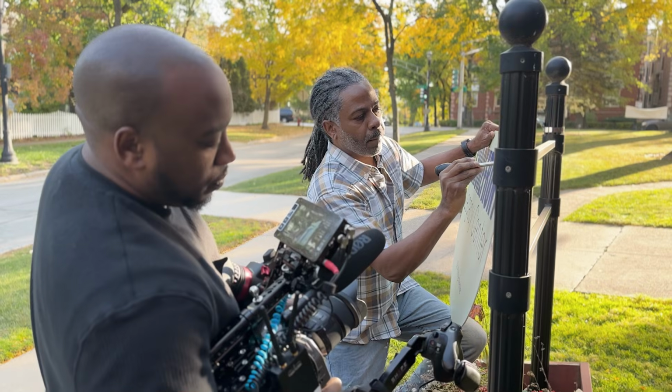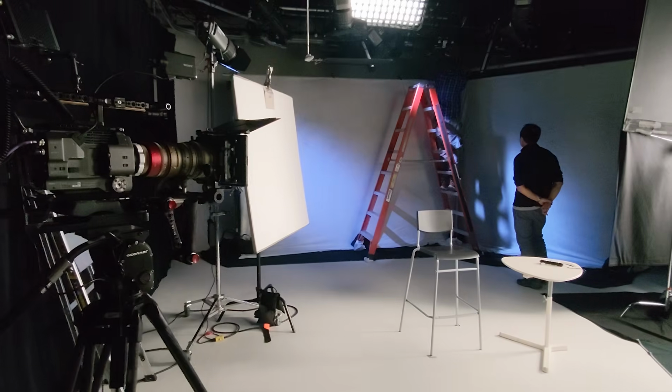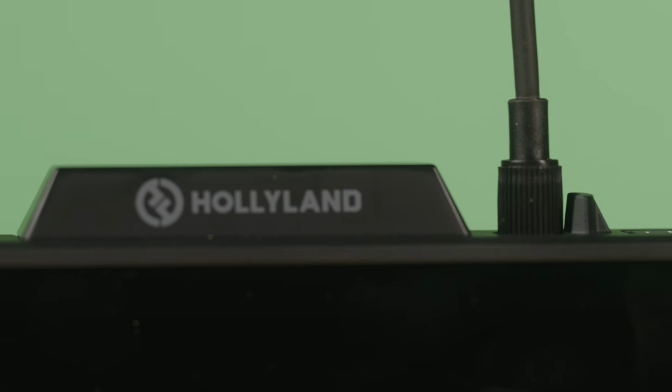Here's where the Hollyland makes me pay, and this is where the Teradek earns every dollar. When it comes to build quality, there is no comparison. While I love my Pyro 7, it is not built for long-term production. I've owned it a quarter of the time that I've owned the Teradek, and I'm not gonna lie, it's starting